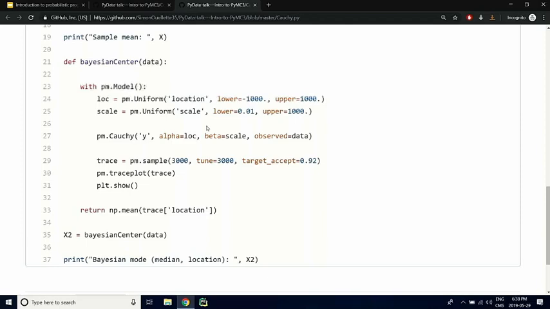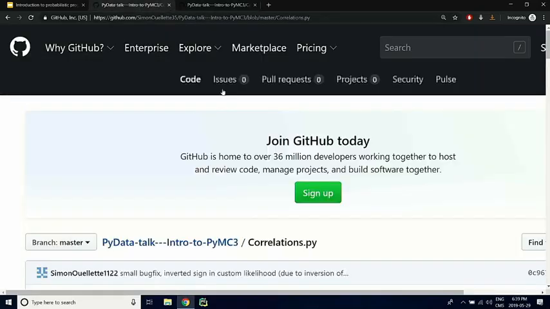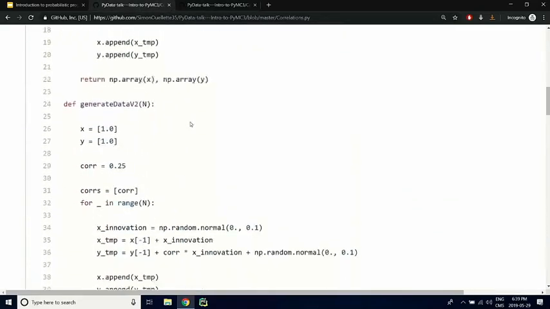And the reason that PyMC3 needs that information is that the inference algorithm will discover the parameter values that maximize this probability, right? So it tries to find the values of my model parameters that maximize the probability of observing these data points. So it's really the same thing that I do in this other code,